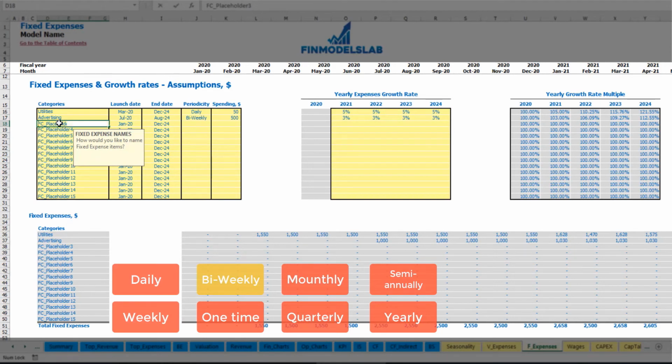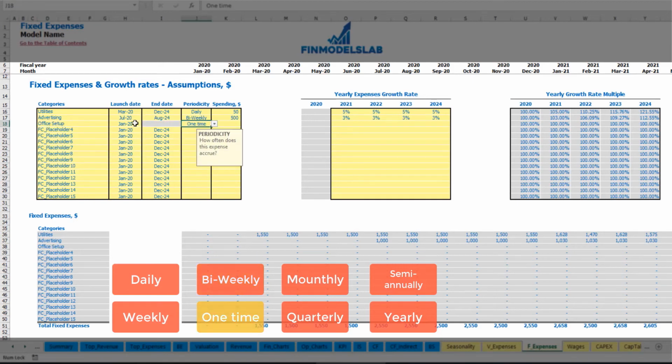Another option, office setup, which can be one-time payment, which will happen in February 20 with amount of $5,000. Obviously, you should not input any growth rates because this is just one-time fee, and you may see that office setup will happen in February 20 with this amount. Another option,